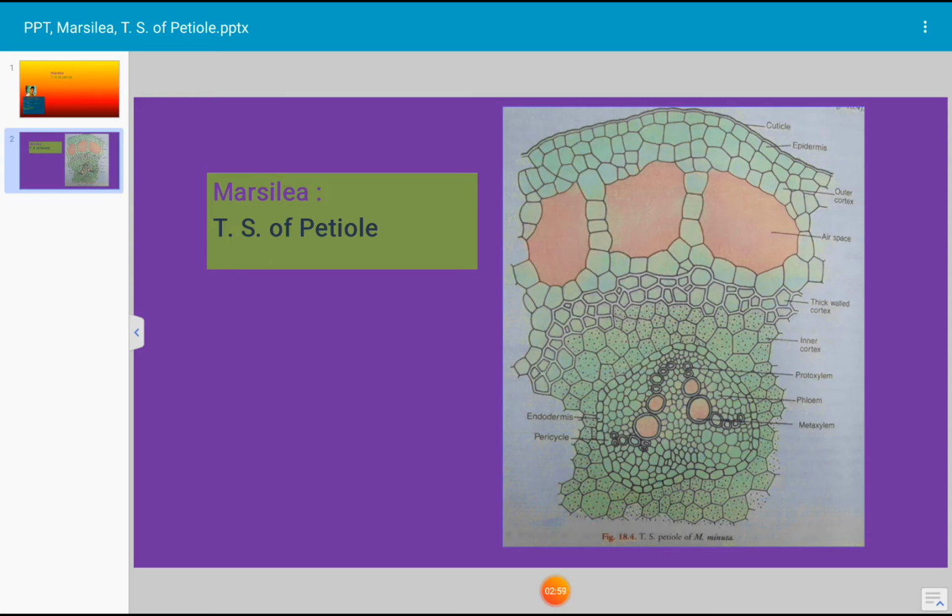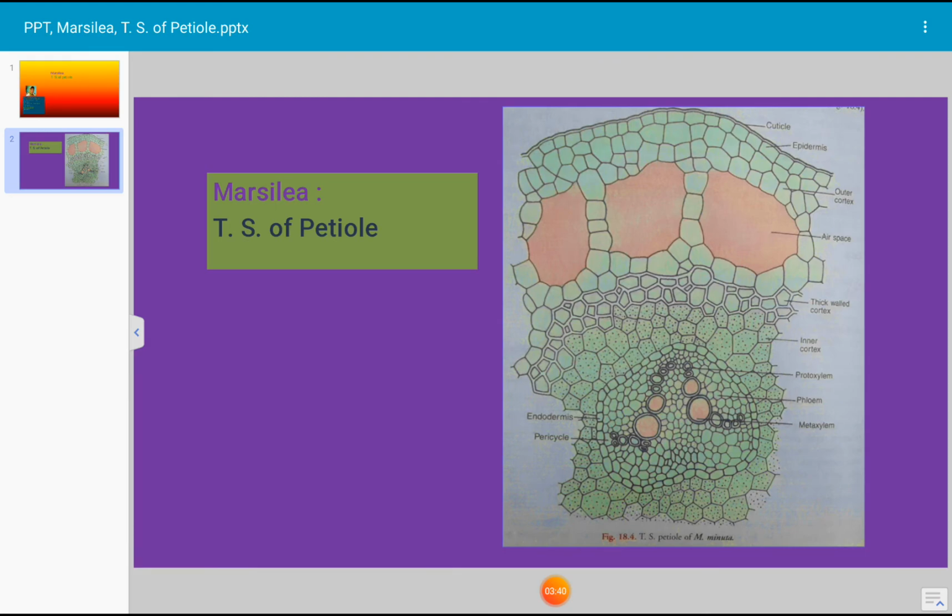and the xylem is exarch type. Exarch type of xylem means in which the protoxylem is placed toward the peripheral region of the petiole. And the two arms of V-shaped xylem are quite separate and somewhat curved from each other. And the V-shaped mass of xylem is surrounded by phloem tissue. It is surrounded by phloem, and in the